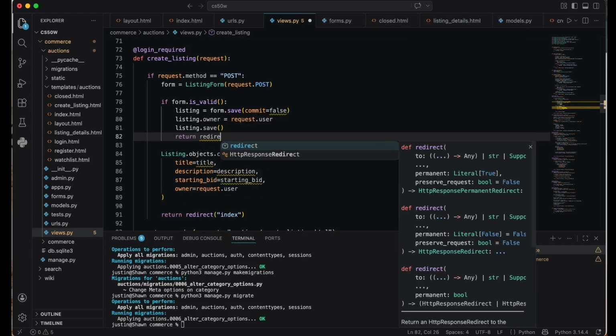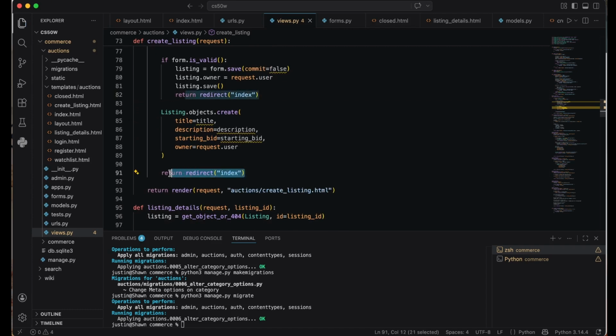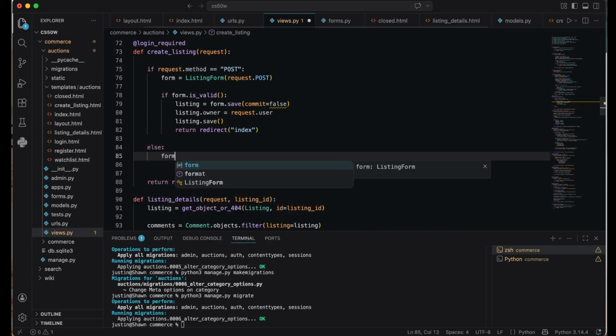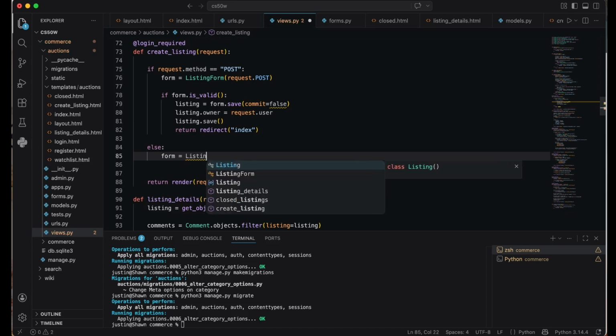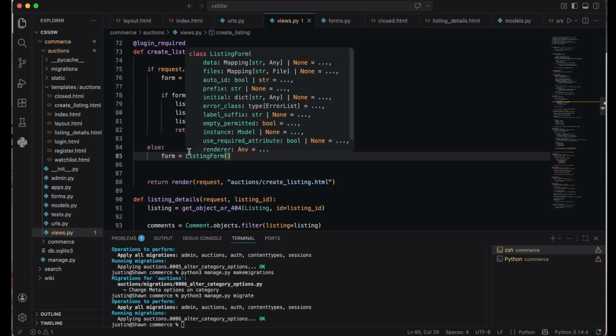Redirect the index. We don't need this one, it's already handled in the top. We don't need this one because this one already handles this. Else, if this is not a post method, meaning this is a get request, we'll just show our form and call our listing form, and let our render